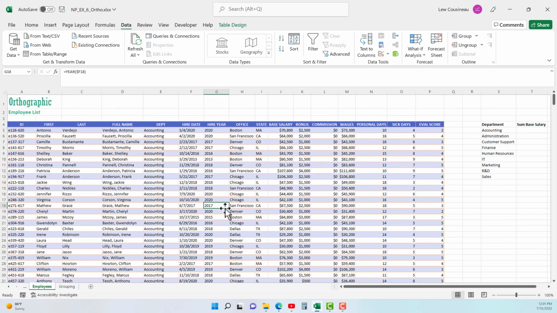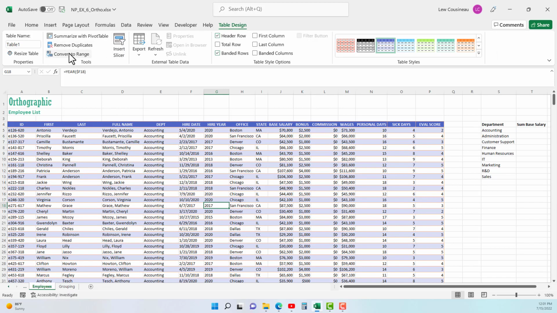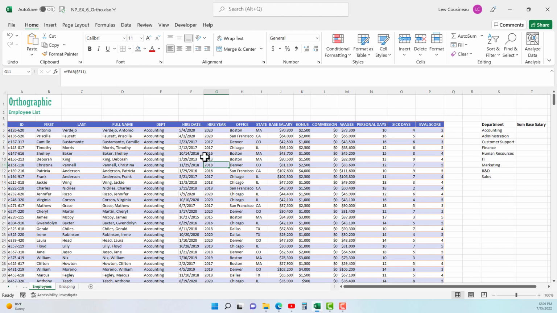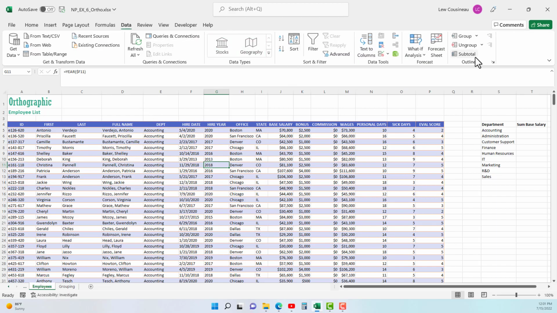Here we go. First, I have to remove this from a table. So if I go to Table Design, I'm going to convert this table to a range, which basically gets rid of the table. So convert to a range, you say yes, and now when I click in here, that table ribbon is gone, and when I go to Data, I have Subtotal. Now in this case, I want a subtotal